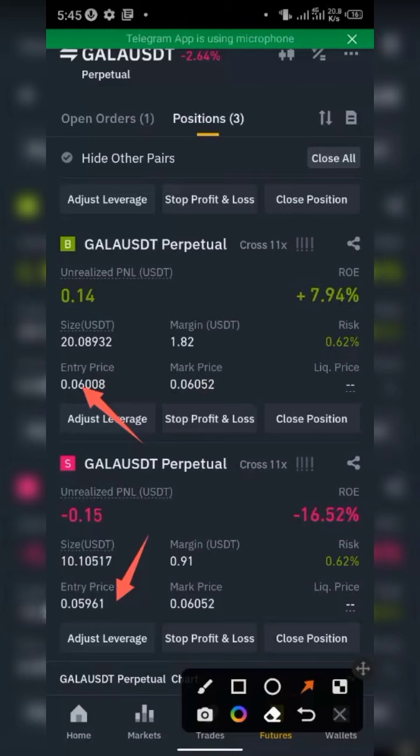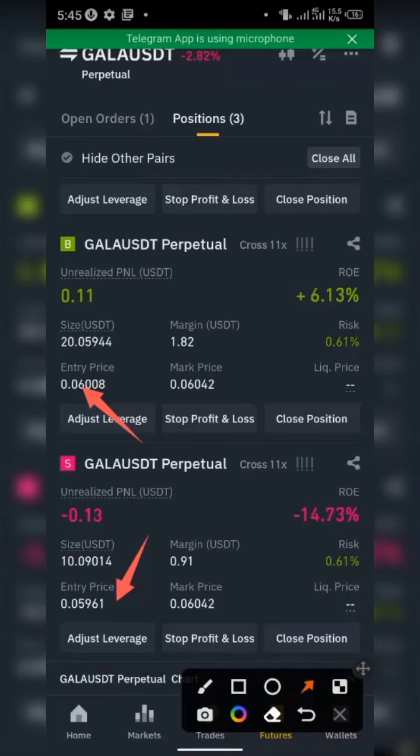Why? Because the long, which is giving you profit, has higher funds as compared to the short. And this time you are recording profits and not loss. So if you close it, you close it in a realized profit. What you have to take note of is that immediately you increase the value, or you inflate the value,